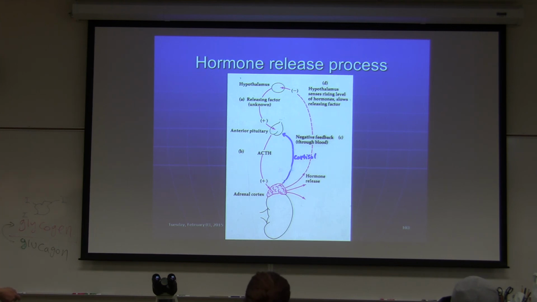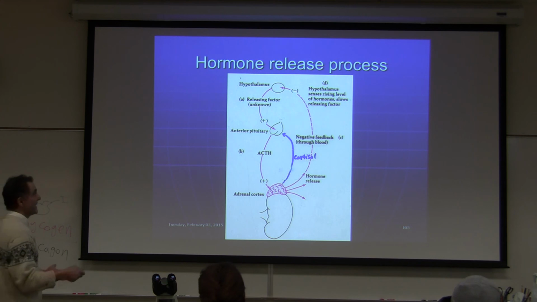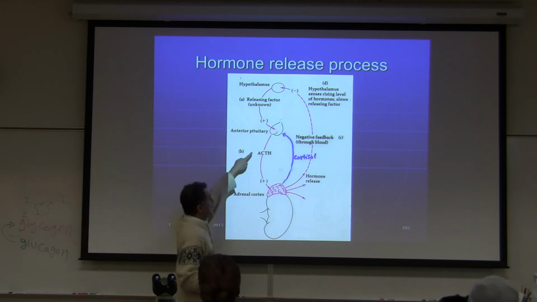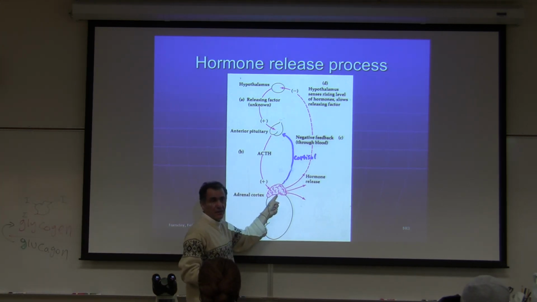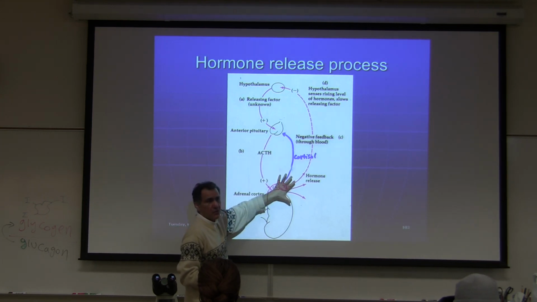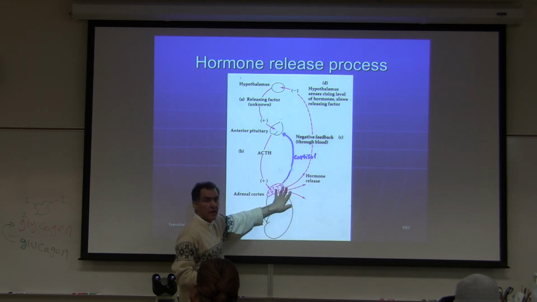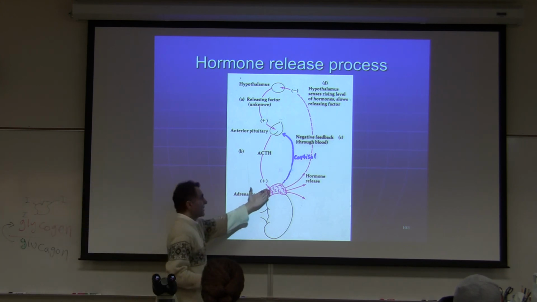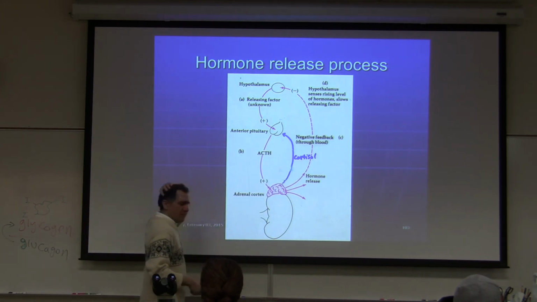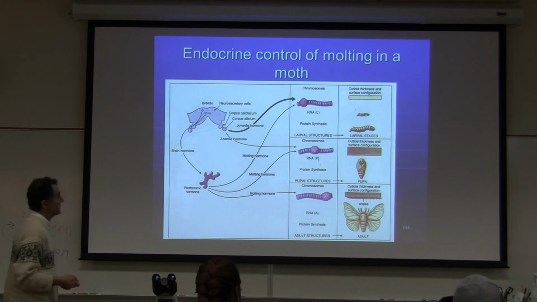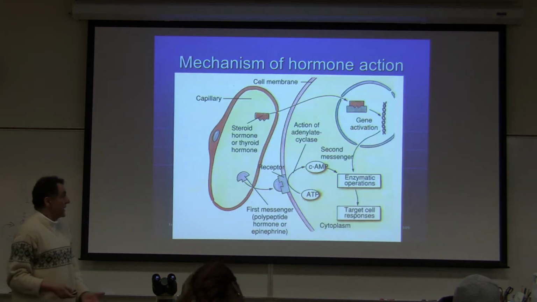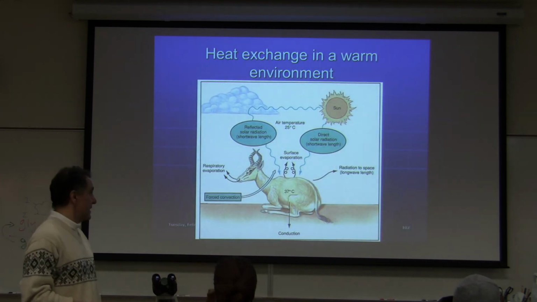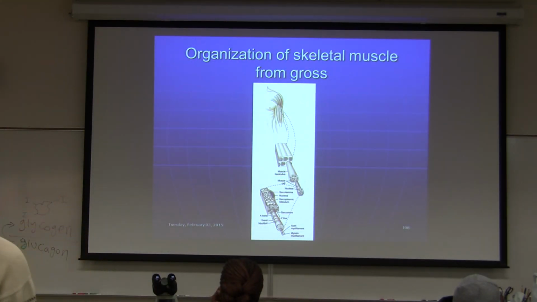Hormone release. Again, this is ACTH, which comes from the pituitary gland. ACTH has an effect on the adrenal gland. Without ACTH, the adrenal gland does not release its hormones. So the anterior pituitary gland controls the adrenal gland. And then negative feedback. I didn't talk about negative feedback for this exam. Don't worry about it. It's important, you know. I'm done. I don't think there is anything else here that you should know. Pretty much it is a summary of